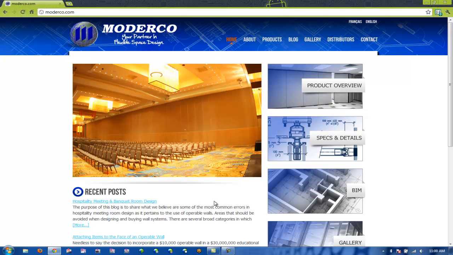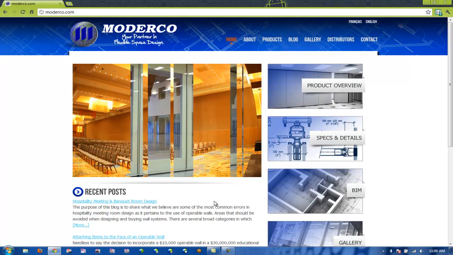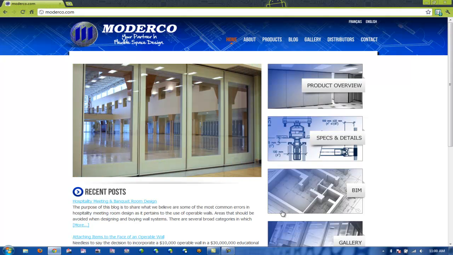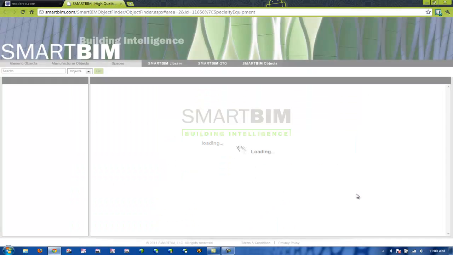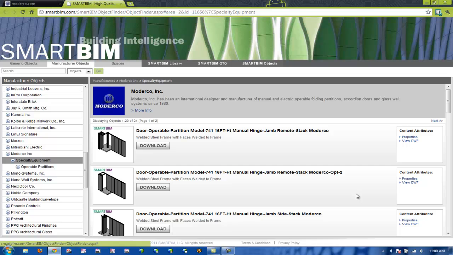You can access these models by simply going to the Moderco website, where you will be able to click on the BIM icon. Clicking this icon will redirect you to the SmartBIM website, where you will have direct access to the Revit models. By clicking on any one of these download buttons,